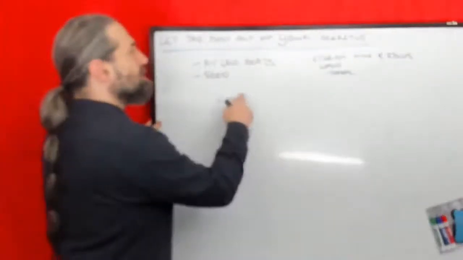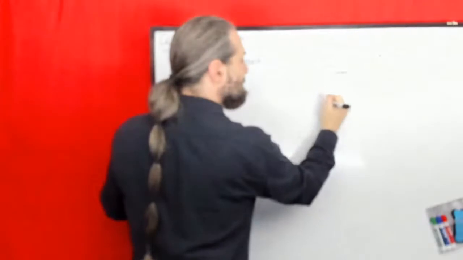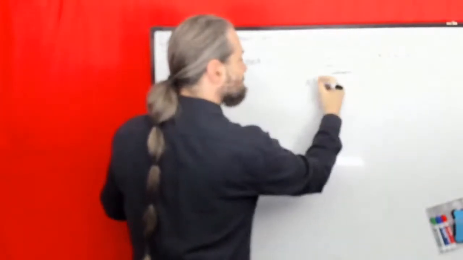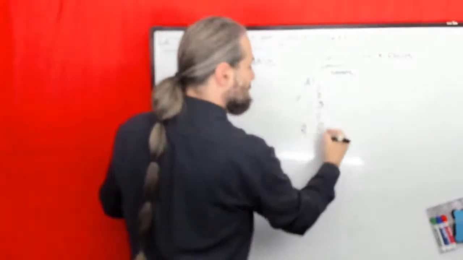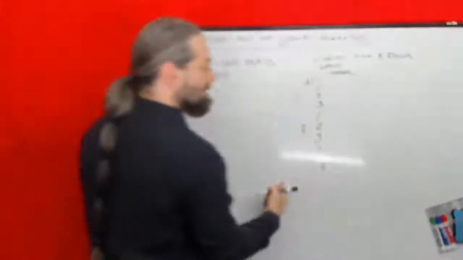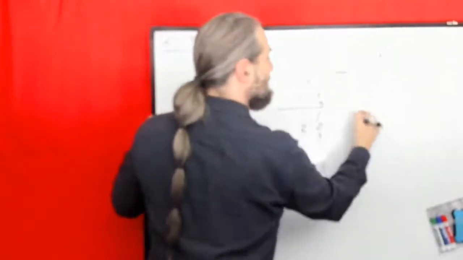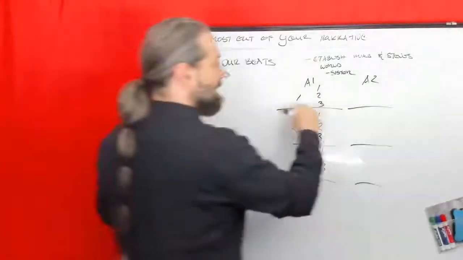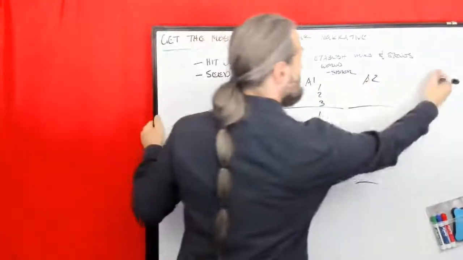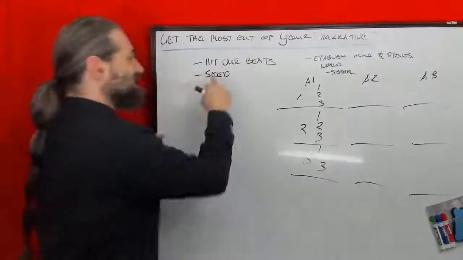Okay. So to get the most out of your narrative, you want to hit our beats. We need to hit our beats, whatever they are. Remember, Act One has 3 blocks. And each of those blocks has 3 beats within each block. And every act is like that. They have different beats, but they all have 3 sections, 3 beats, right? Same thing. And you want to hit our beats.